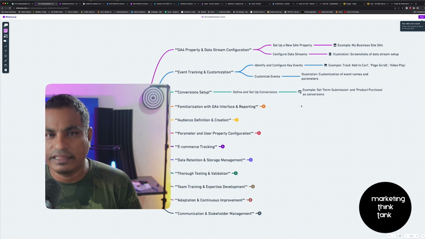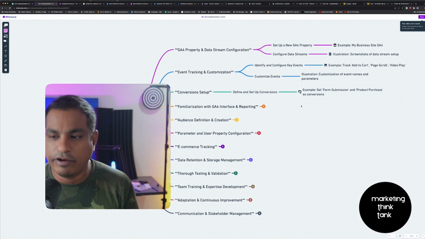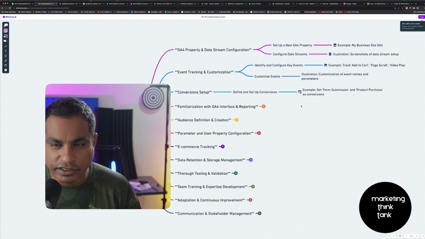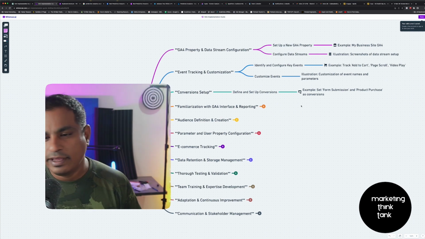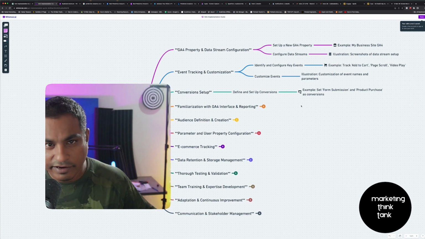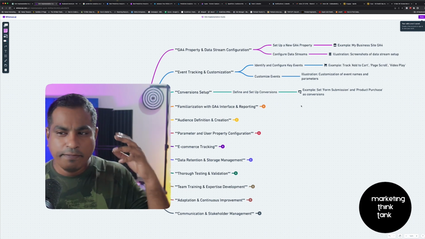And if you want to track these conversions, which you should, that's the whole purpose of looking at GA4, right? Or at least that is the bigger picture. You need to be setting up these conversions. What is a conversion for you? Is somebody just coming to your website, looking at a web page and leaving? Is that a conversion? If it is not, then you define what is a conversion,